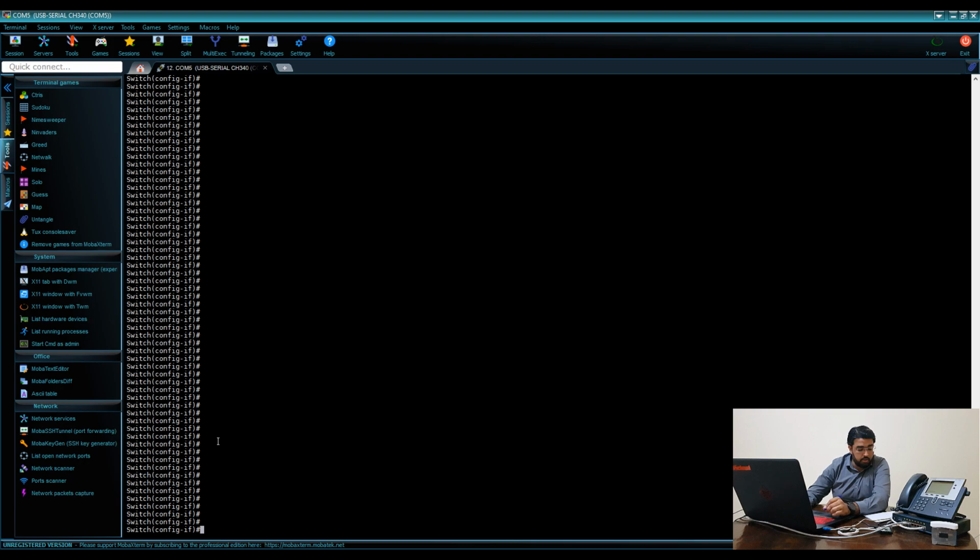Okay, so the trunk is configured on Ethernet 0/1, and now we will configure VLANs. So interface FA0/8. We will start from the last one. It will be on VLAN 10. So it will be switchport mode access, switchport access VLAN 10,